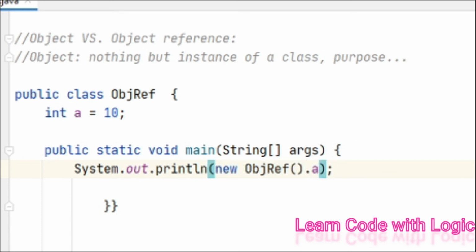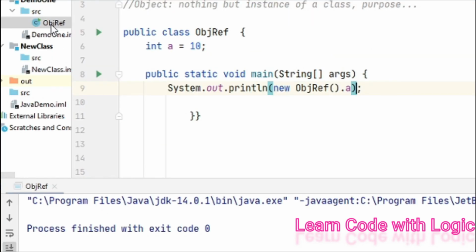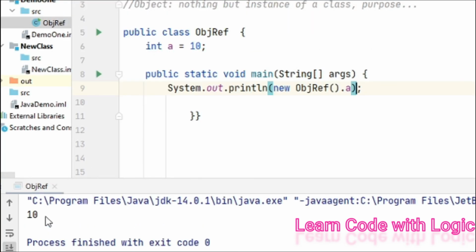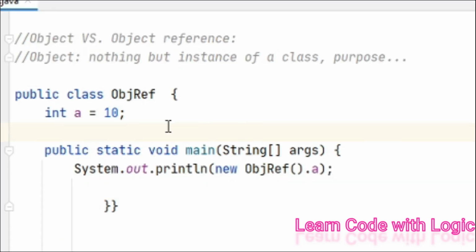Let's save the code and run it. It prints the a value. So far it's clear, right? We created one instance variable and one object, and using that object we access the variable.